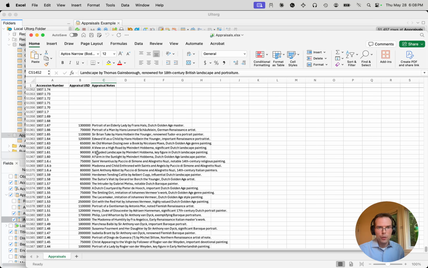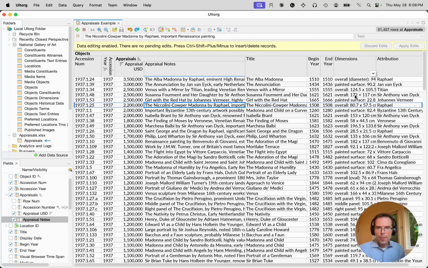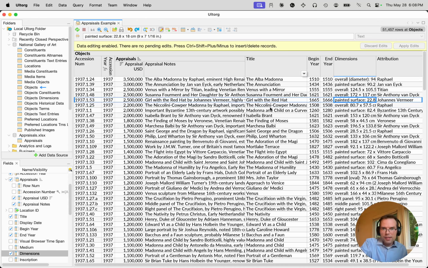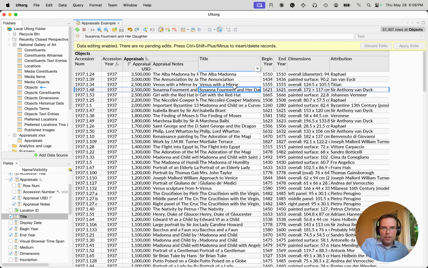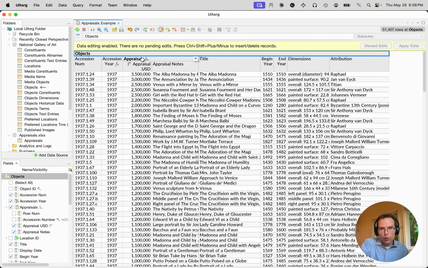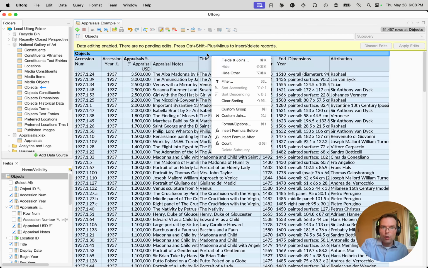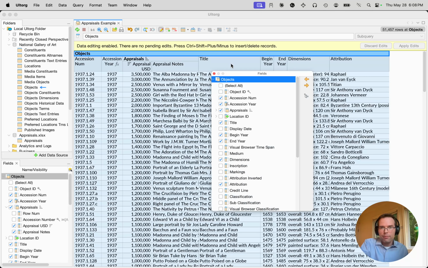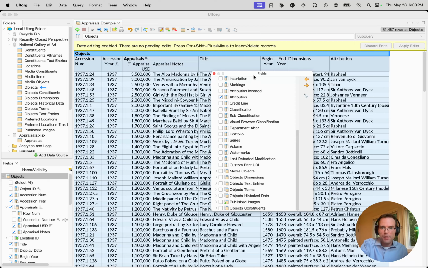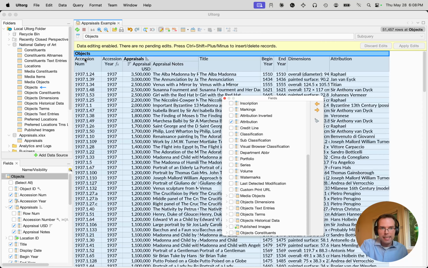That's very useful. So there's another thing here we can do in Ultorg, and there's a magical feature in Ultorg that none of these other database apps have, which is the ability, yes, we can join in data like this, but we can also join in tables that represent one-to-many relationships in the database. So for instance, in particular, each object, each artwork in this database has another table called objects text entries, which